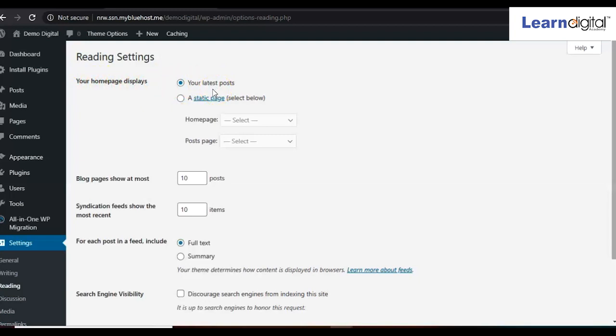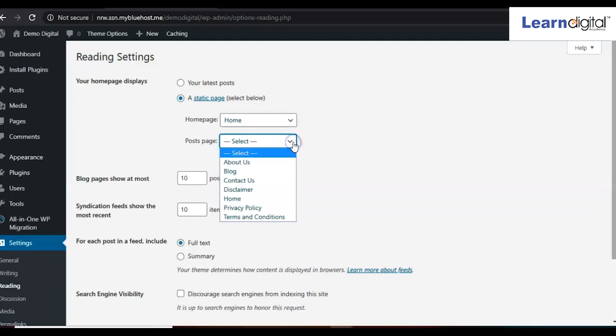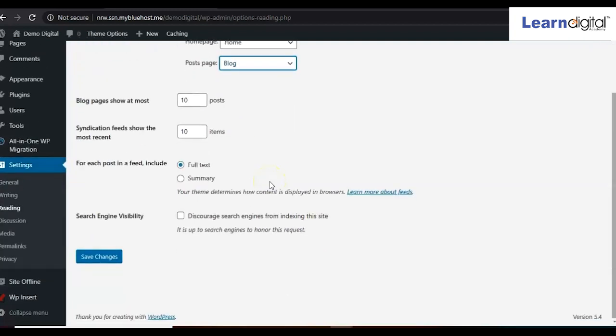But we want to set it so that under the blog page these posts should come. For that, we'll select a static page. Which page do we want to keep as the home page? Here we'll select Home, and for the posts page we will select Blog. Whatever post you write, it will come in the blog page, right? Simply click on save changes.